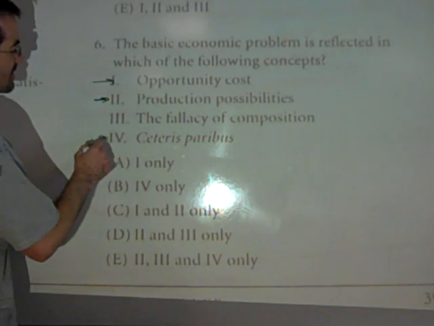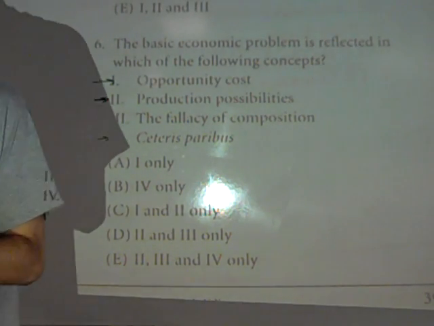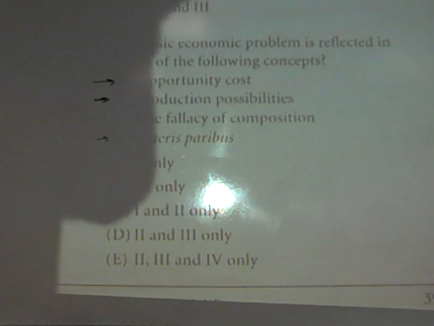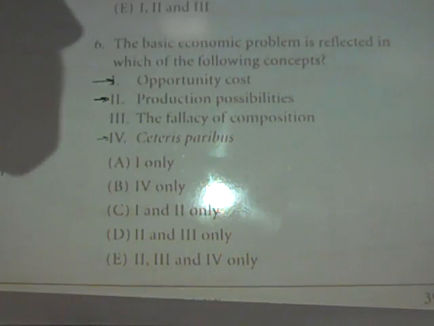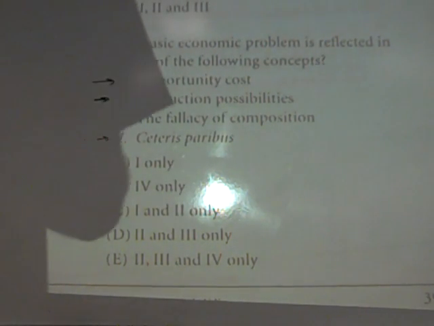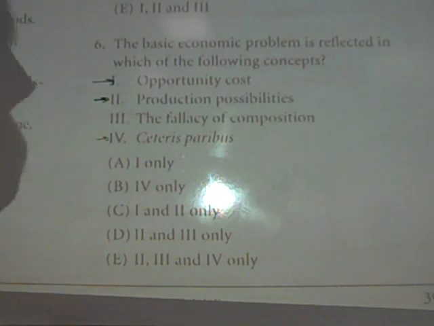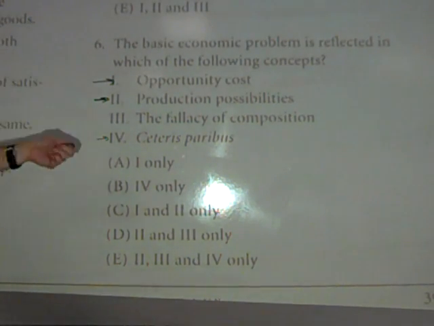The ceteris paribus assumption is just a way of looking at the world by saying we're going to hold all other things equal. That's an economics thing. It's important. It means all other things are equal. We're going to hold everything else equal and only adjust one factor, price, and see what happens to quantity. We'll change taxes and see what happens to GDP. We'll hold everything else constant because that's our only way to legitimately deal with the interconnections of economics. But that doesn't have anything to do with the fundamental problem of economics. I like 1 and 2. I would have put 1 and 2 only.